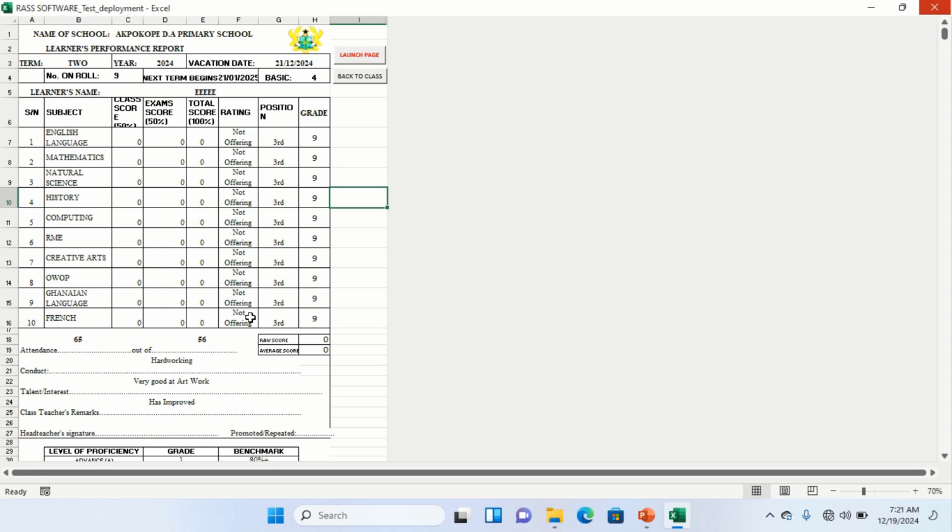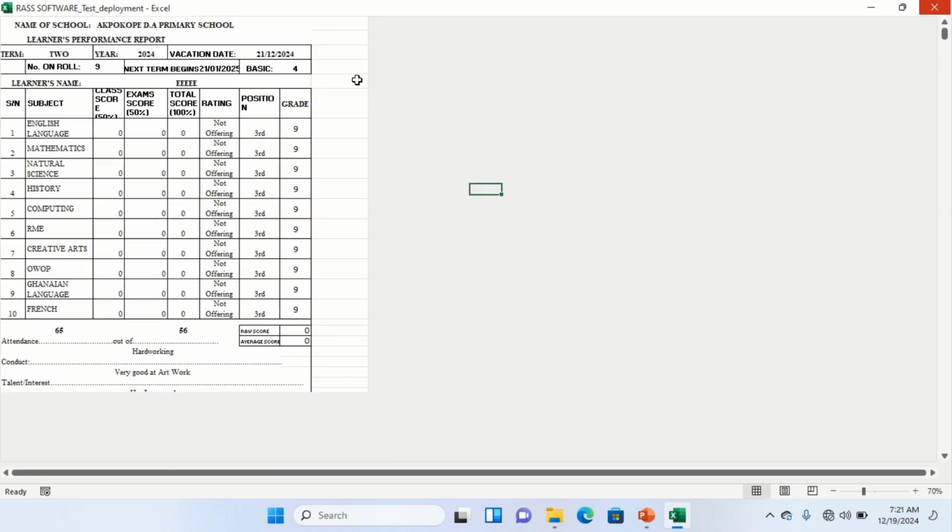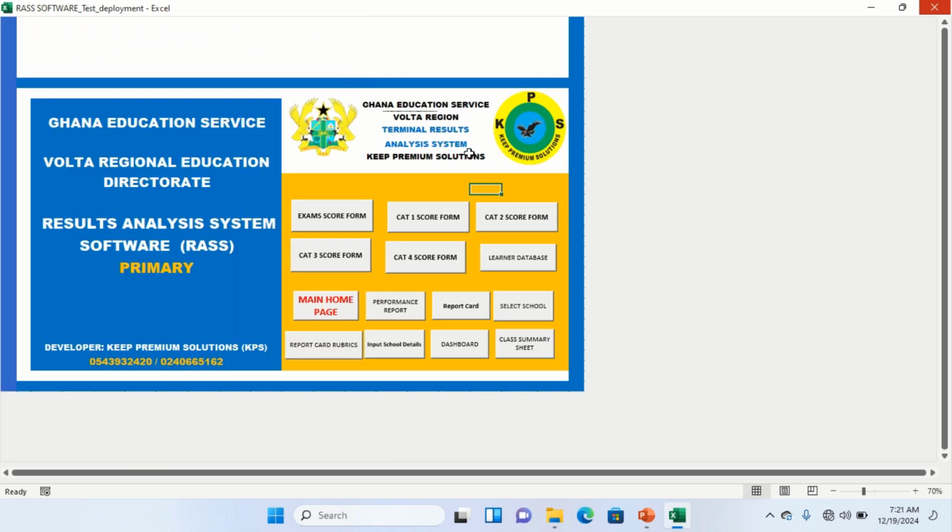So we are just introducing the form instead of allowing you to have access to the Excel sheets, which some of the teachers are tampering with and giving error codes here and there. So basically we are moving from the Excel sheet to the form. And we are very much aware the reason why we deployed the Excel sheet first is that when you understand the entire concept, introducing you to the form will not be difficult. So basically